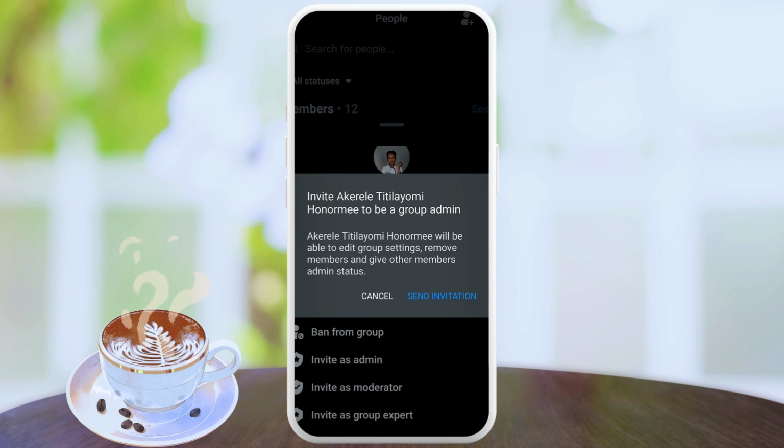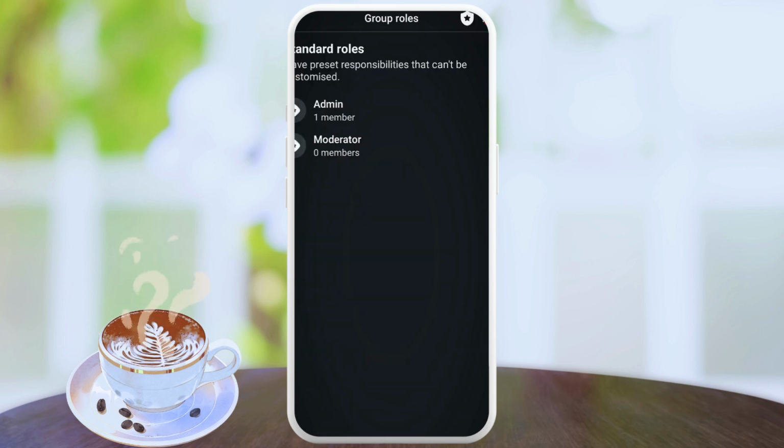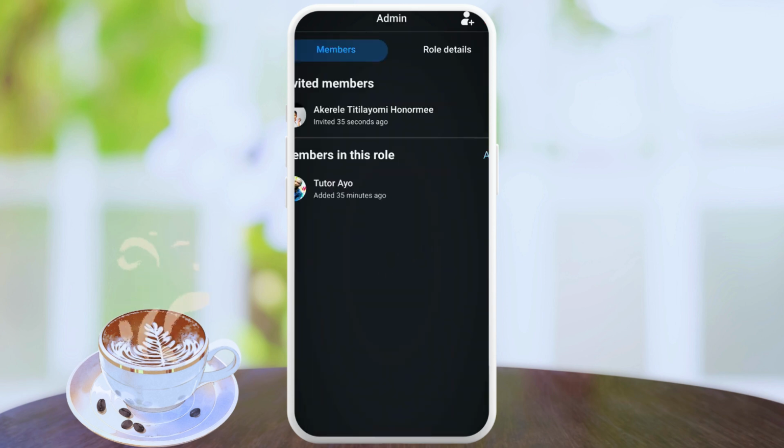Now let's go check out the second option. The second option, you can use the badge. Just scroll up, and then you want to scroll down and click on community roles. The second option, you can use community roles, and as you can see, we have two options. We have admin, we have moderator. So you want to click on admin,